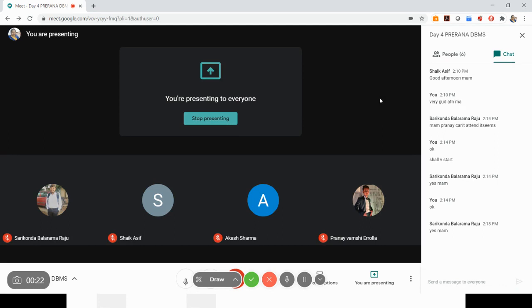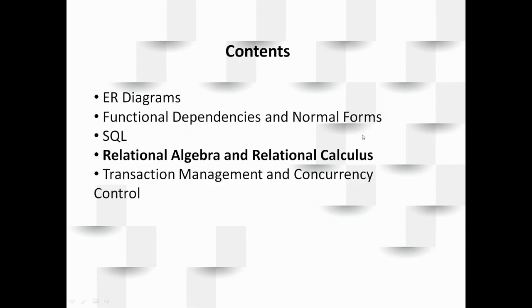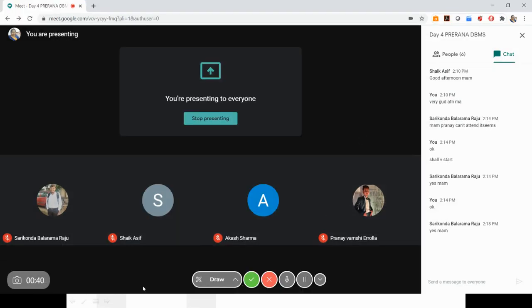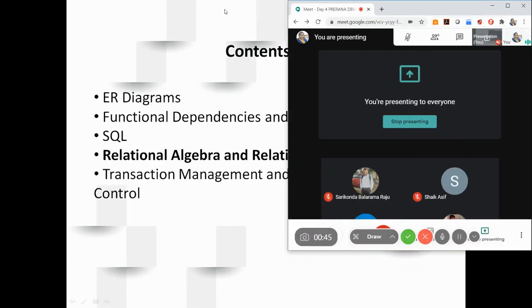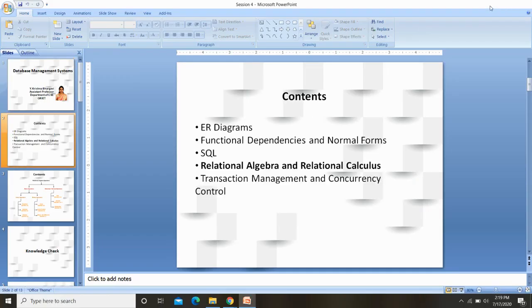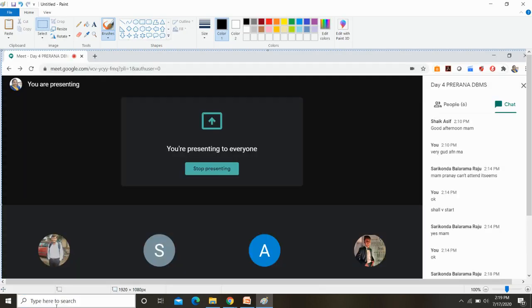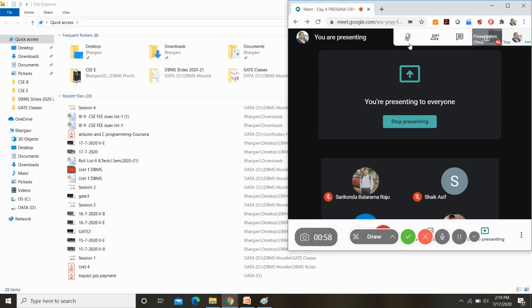Though the strength is less, we do not want to stop these sessions. So in today's session, let us focus on relational algebra and relational calculus. From your examination point of view, queries will be given to you, and you will have to say what is the equivalent relational algebraic statement for it.